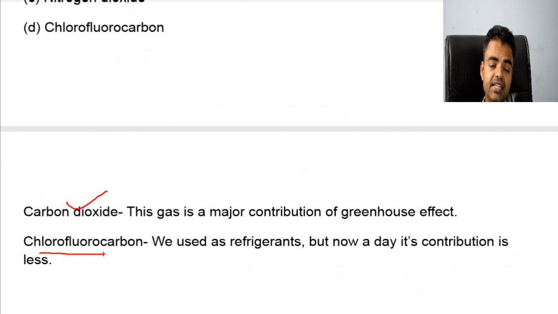Now CFC, what is that? Chlorofluorocarbon. Basically, this is a type of refrigerant. There are many types of refrigerant. In earlier days we used chlorofluorocarbon as a refrigerant in our refrigerators, domestic refrigerators as well. If you have an old refrigerator, maybe it is using CFC. But nowadays we are not using this because of ozone depletion. Because it has chlorine, it has the capability to deplete the ozone layer. That's why we are not using it these days.